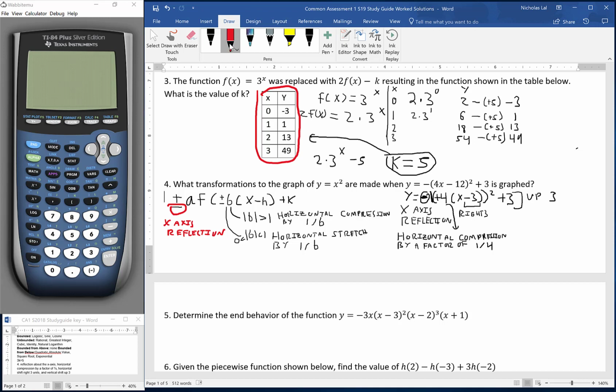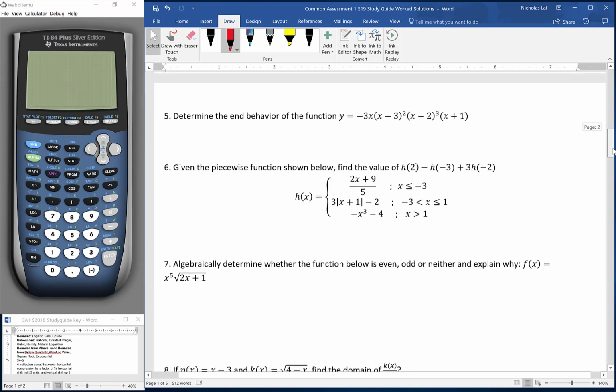So our transformations are, we have a reflection across the x-axis, a horizontal compression by a factor of 1/4, a shift right 3, and a shift up 3. But first we have to be able to factor out what is inside the parentheses and analyze our function using the function transformation equation cheat sheet. Okay,